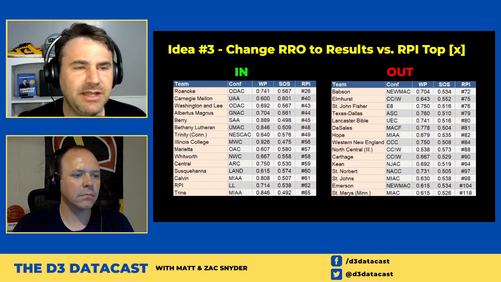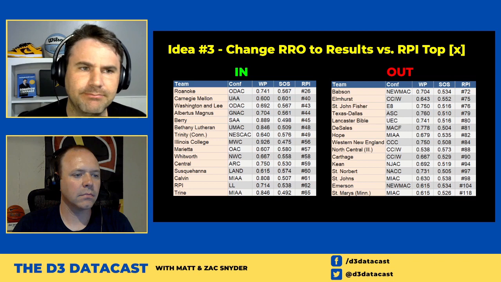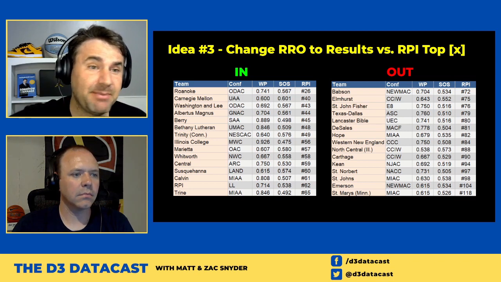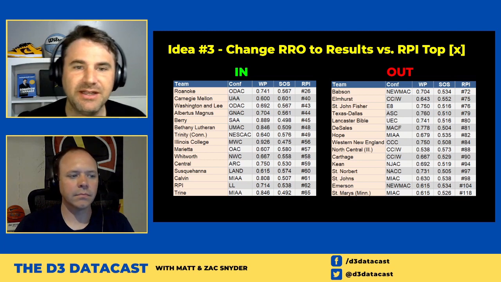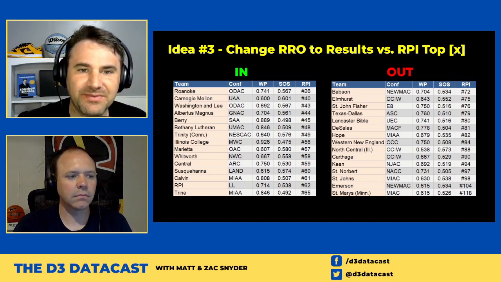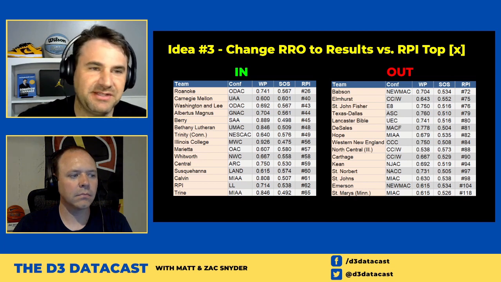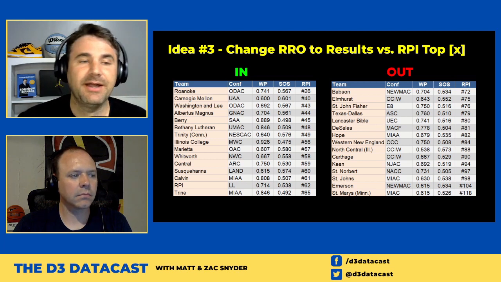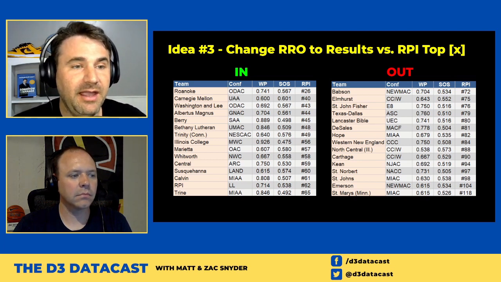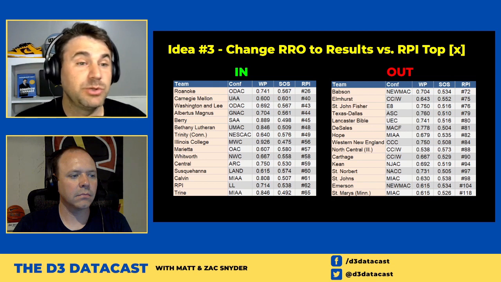There's a few CCIW teams that were just really middle of the pack in that conference. Region 8 had some really strong teams at the top, and then the depth fell out. So like Carthage at 667, 529 was ranked, and you can compare that to Central at 750, 530 unranked. And yeah, we're not looking at whatever they had in RROs and things like that, but it seems like it's a good trade right off the bat. So I don't think we're losing much.